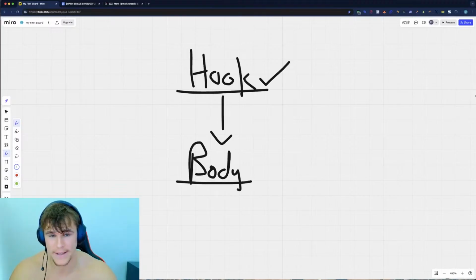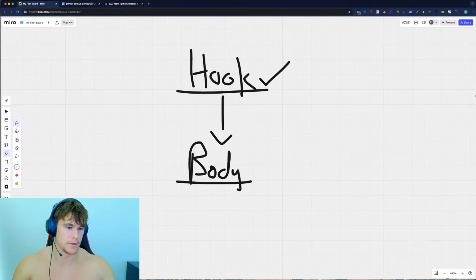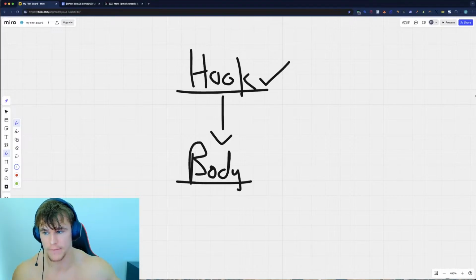If I was testing a new ad, I would probably do one body with multiple hooks. Or if you're testing at scale, let's say 5 bodies and 20 hooks. That's typically about the ratio that I do. But that creates a very, very large combination of different ads you can test right there. And if you're running VSLs, I would do hook as well as lead, because the lead plays a very, very big role in extending the life of a particular VSL.